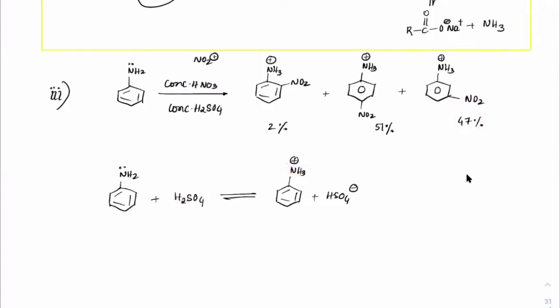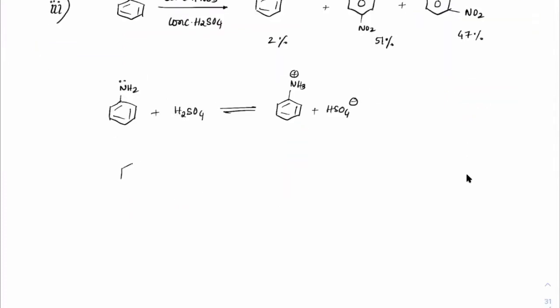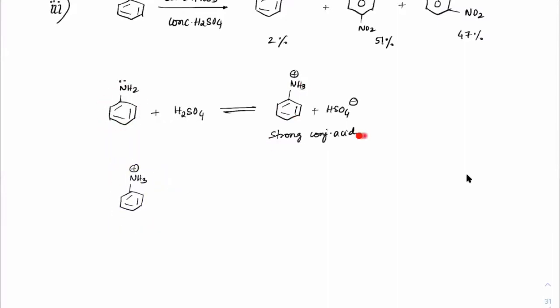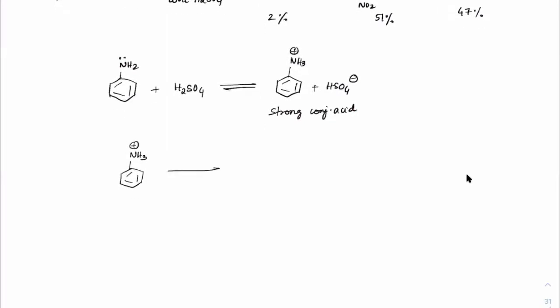NH3 plus is deactivating. You always imagine this way: NH3 plus is present. Now NH3 plus is coming from a weak base. This is a weak base, so this will be a strong conjugate acid. I think all of you are able to recall the ionic equilibrium. So this is a weak base, so this would become a strong conjugate acid. Strong conjugate acid will show a good amount of dissociation to get NH2 and H plus. So in a way, the solution has NH2 also and NH3 plus also.